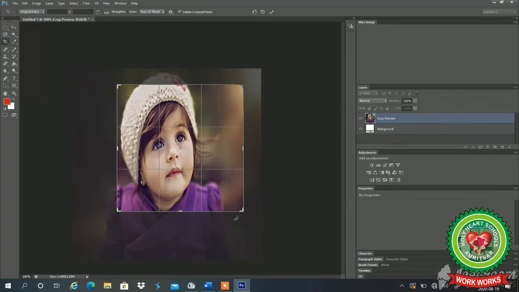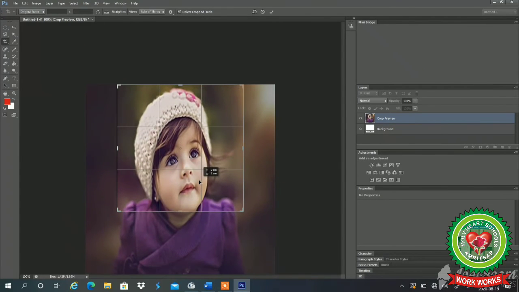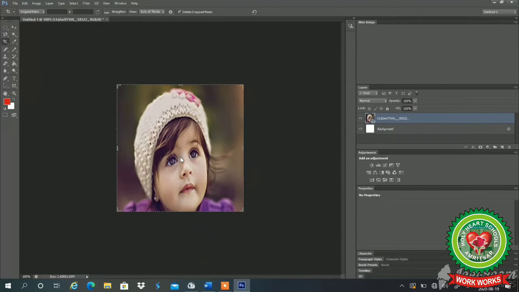I will adjust by holding and dragging the mouse over the part of the image. Now I will click over here. The picture is cropped. The rest of the picture is not there, and this part of the picture is cropped from the entire image. Clear, students?